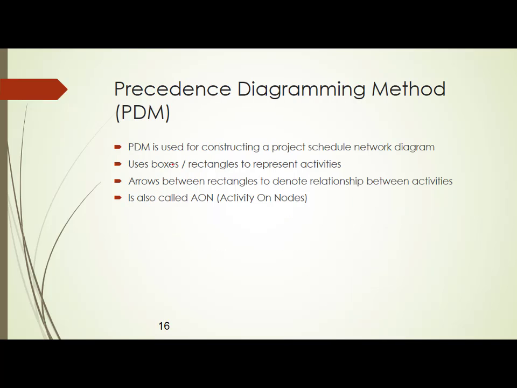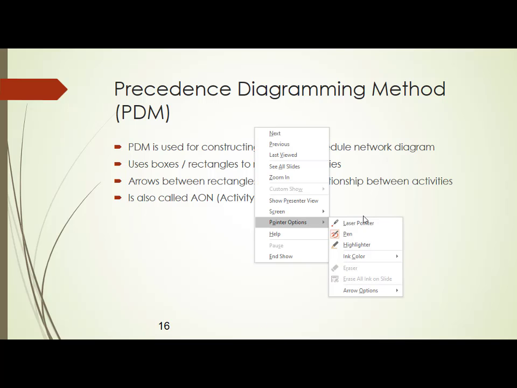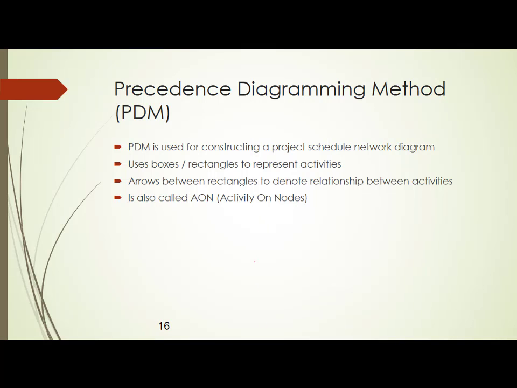Now, all these activities we are identifying, we take them as small rectangular boxes and put them in a model called the precedence diagramming method, which is called PDM. Okay, I'll show you an example of a PDM, then you will understand. Every activity is represented in the form of a box or rectangle, and you connect the activities with an arrow, something like this. For example, I'll just show you one simple example. Now this is my activity.